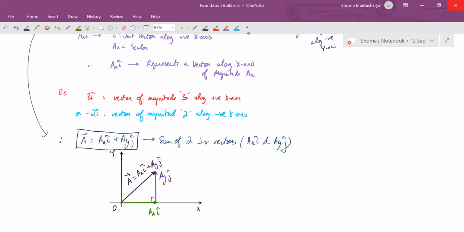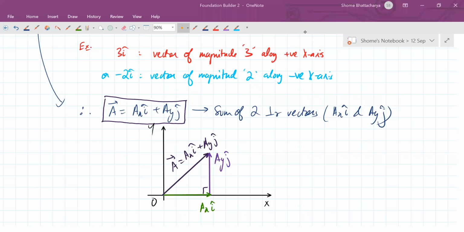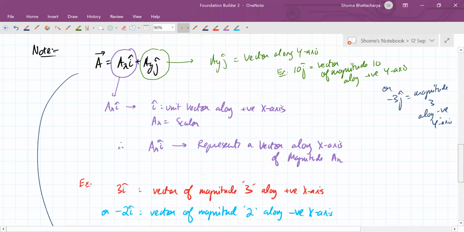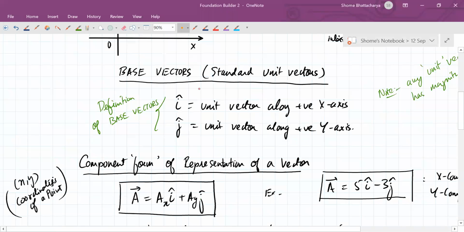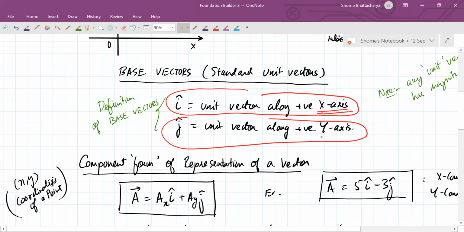Yeah, so once we understand this particular diagram, we can see the relationship, because x and y axis are perpendicular. Go back to the basic definition. Okay, look at i cap, how have we defined it? It is a unit vector along the positive x axis. Similarly, how have we defined j cap? It is a unit vector along the positive y axis. X and y axis are perpendicular to each other. You understanding or not?